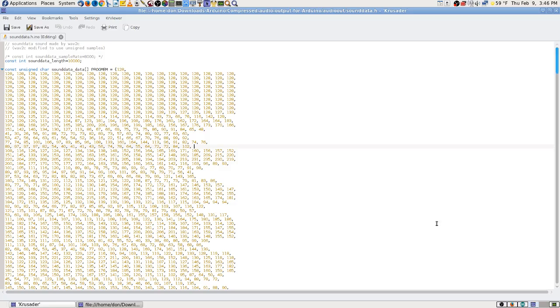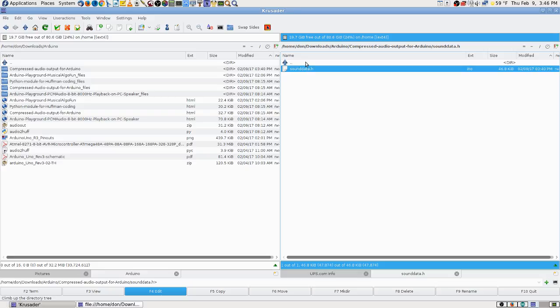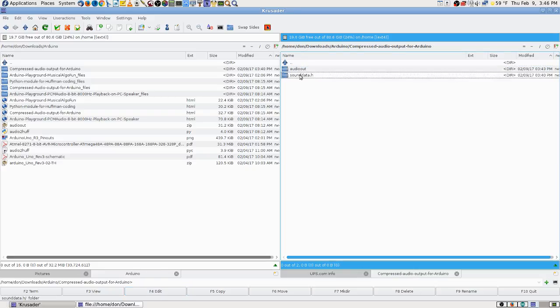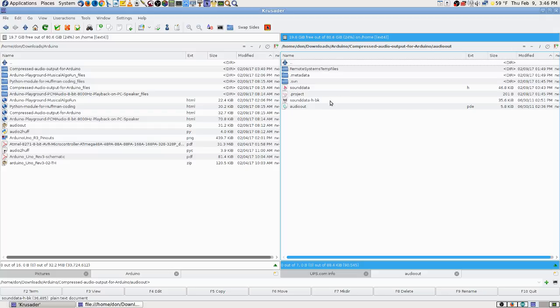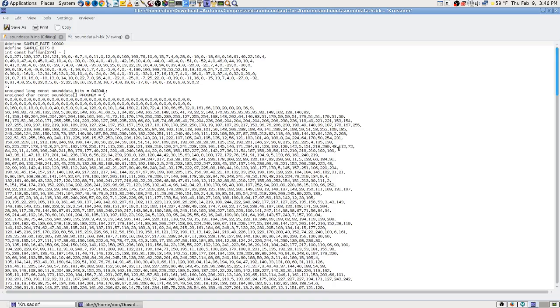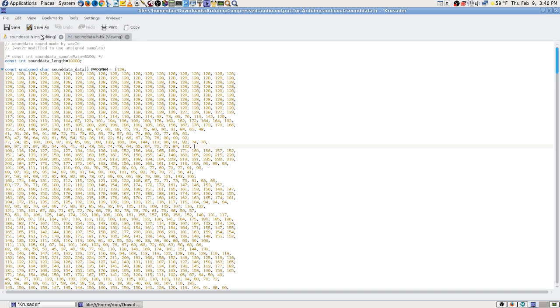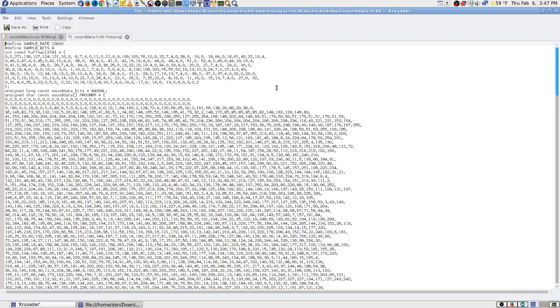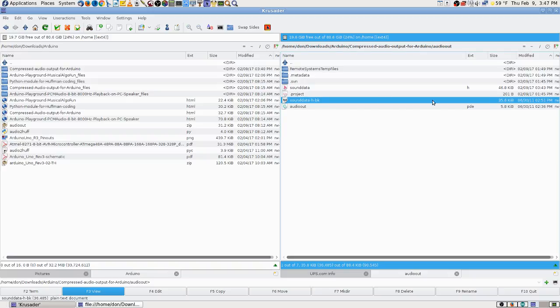Now let me go look at this other sound.h file. So I kind of have a backup of that one now by accident. Sound.h backup. All right, now, yeah, see, that one's all different. So it should give me a different sound. It's not even anywhere close to the same file. There's that one. And there's that one. So I wonder if what I was kind of worried about there, it doesn't matter what its name is, it's still going to pick it up. I would think that since I renamed that one,